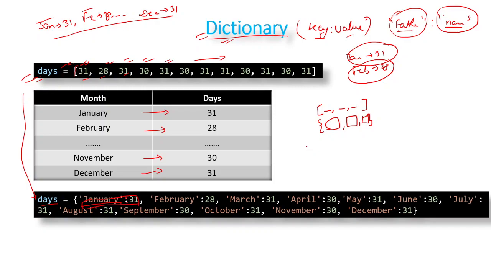So how do we provide a key value pair? We provide the key, then a colon, then the value. We separate multiple key value pairs and store them in a dictionary. So this is what we have done: January 31, February 28, March 31. Anyone can now come and see that this is the data corresponding to the number of days in each month of a year. This is how we store these values in a dictionary. Keep in mind that the key here I have shown as a string, but it doesn't need to be a string. It can be of any type, and the value also can be of any type.